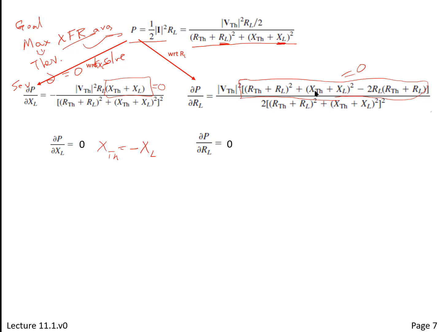Okay, so what happens here? X Thevenin is equal to minus XL. So this term goes to 0. So now I've got R Thevenin plus RL squared minus 2RL times R Thevenin plus RL. Okay, so let's just try it for kicks. We've got R Thevenin